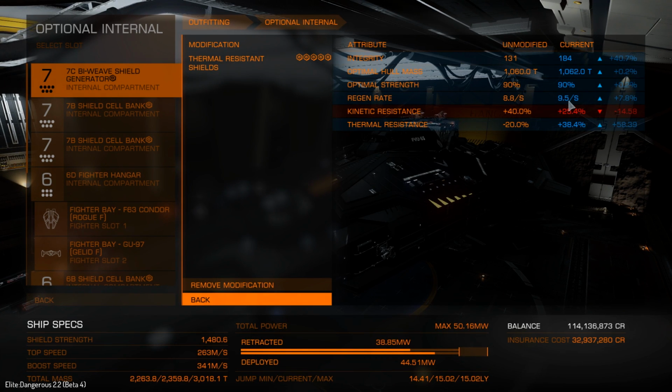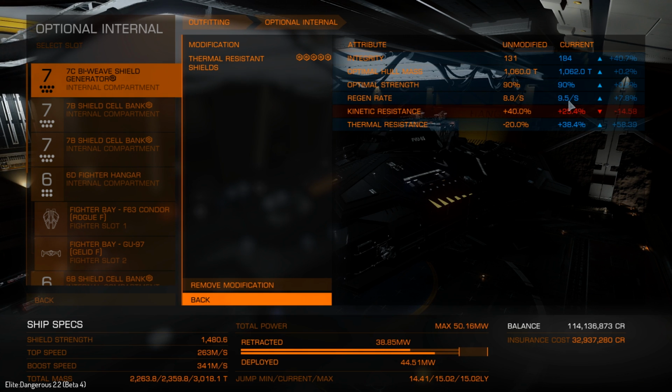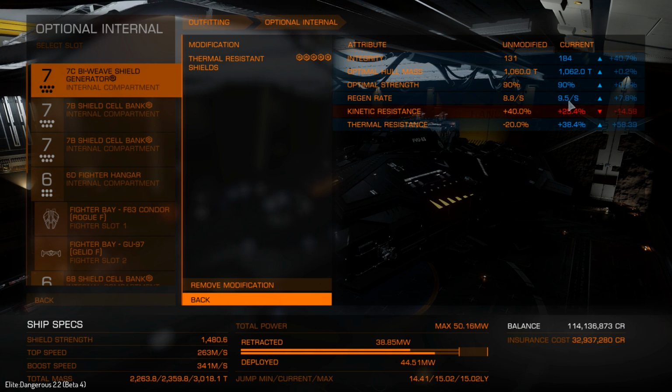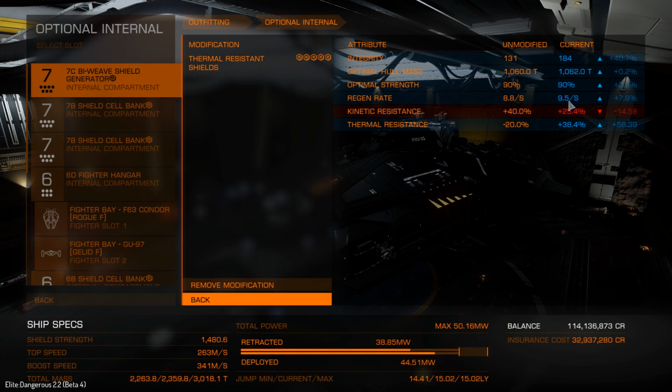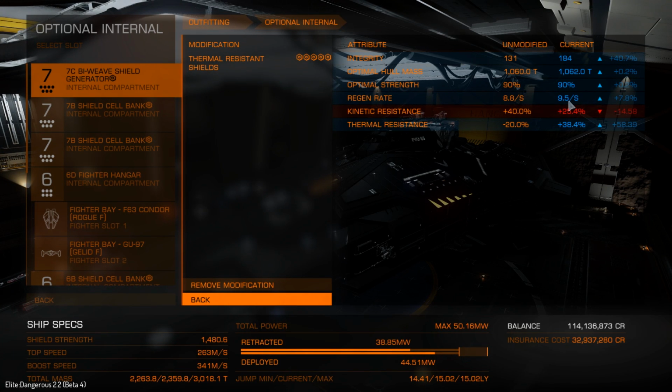Exactly what I'm going to do once this patch drops. I'll probably be doing some more testing. But it looks like anything you add after that third shield booster probably just needs to go into resistances. So you might want to run 3 heavy-duty shield boosters, and then maybe 3 augmented resistance shield boosters, or maybe 3 heavy-duty, 2 augmented, a chaff, and 2 heat sinks, or add more shield cell banks and add more heat sinks so you can compensate for